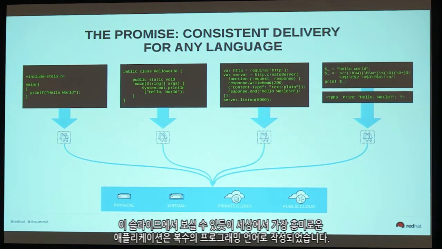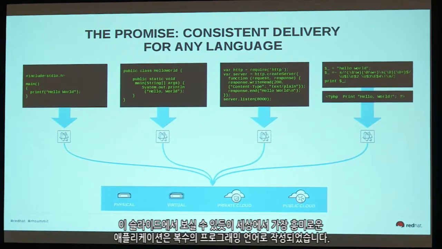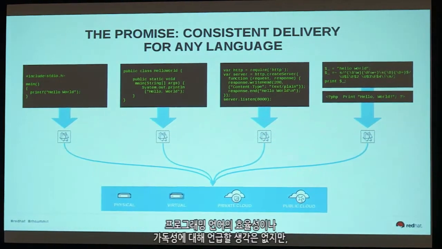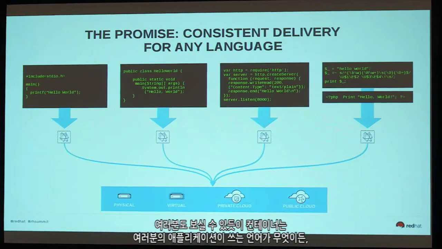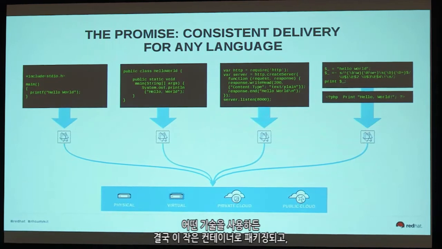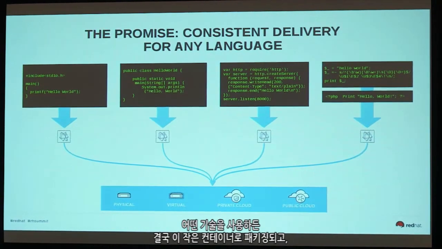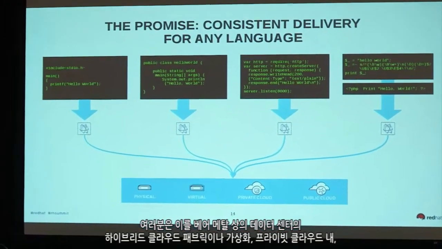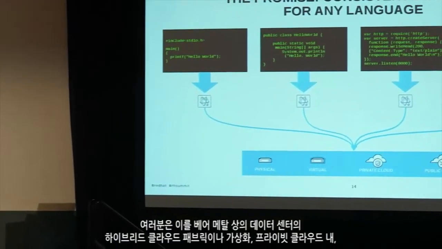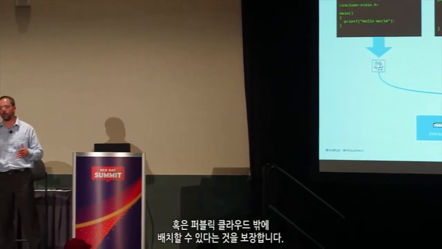So as you can see on this slide, the most interesting application in the world, written in multiple programming languages. There is no intent of a statement about efficiency or readability of programming languages. But as you can see, the promise of containers is whichever language your application is written in, whichever technologies it might use, you end up packaging into these little containers, and you can deploy them on a hybrid cloud fabric: on-premise in the data center, on bare metal or virtualization, or in a private cloud, or out in a public cloud. That's the promise. And that's very much how the developer experiences interacting with containers.